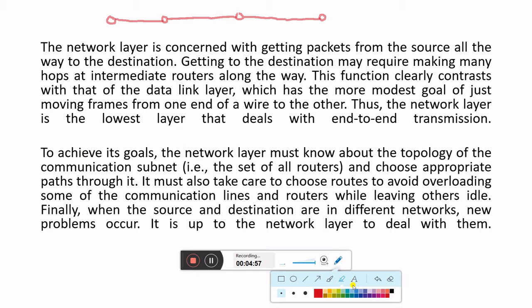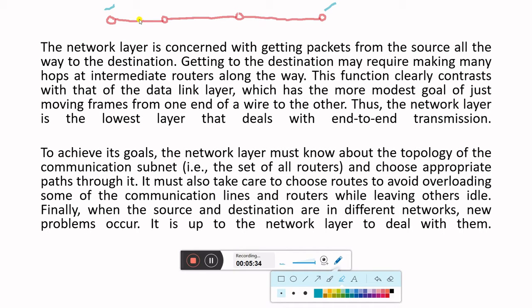So the network layer is responsible for transmission of data from this device to this device, meaning end to end delivery of the packets from this node to this node. So for end to end delivery of the packets all the way, which layer is responsible? The network layer is responsible. But it is not possible to send data directly from the first node to the fourth node.